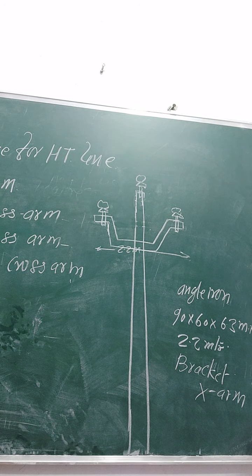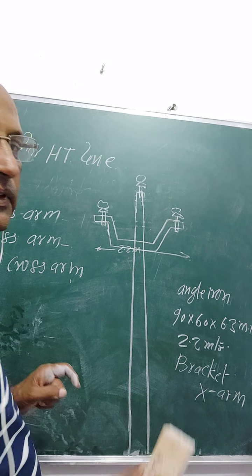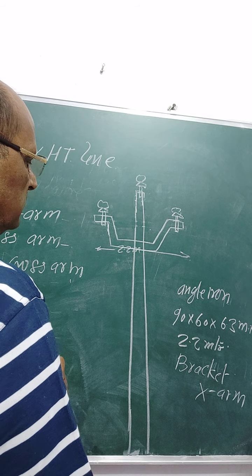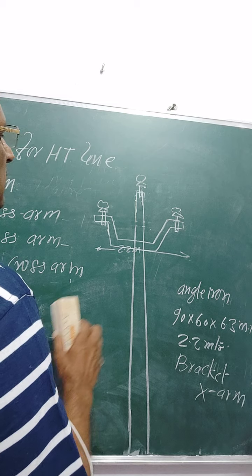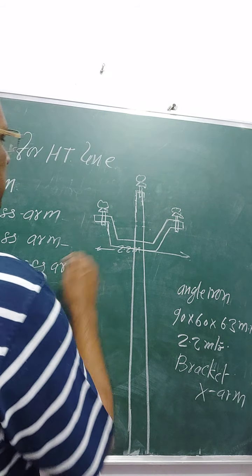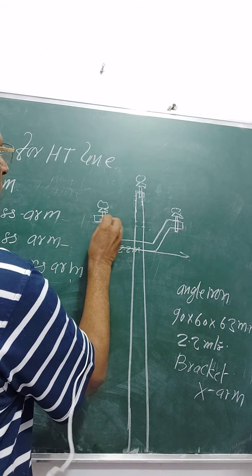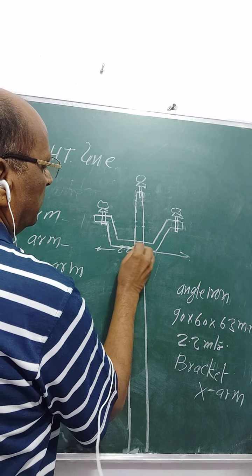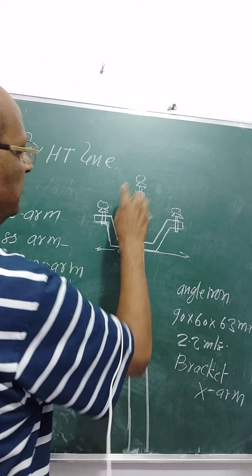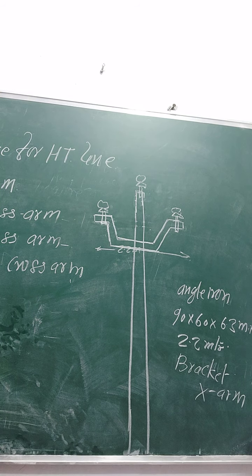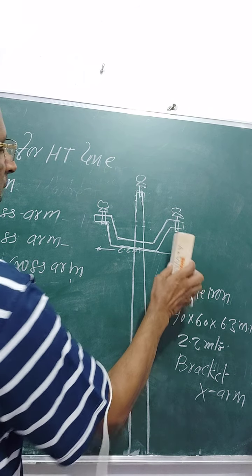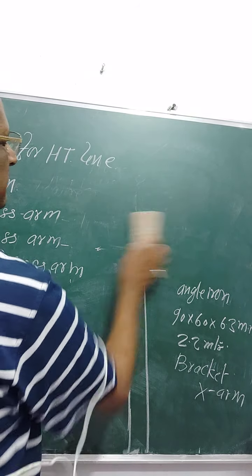Now for the same pole, if we use bracket cross arm, then this will be different in design. Normally it is used on RH joist in the city area where double circuit is necessary due to the shortage of space available. So we run on the same pole double circuit. These are single circuit. So double circuit used for V cross, this bracket cross arm, and the pole will look like this.